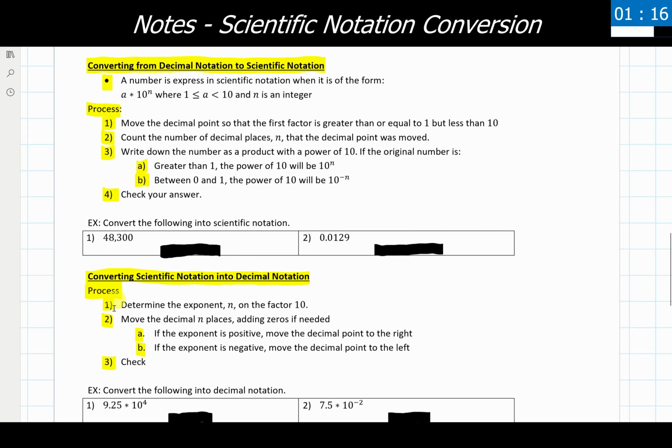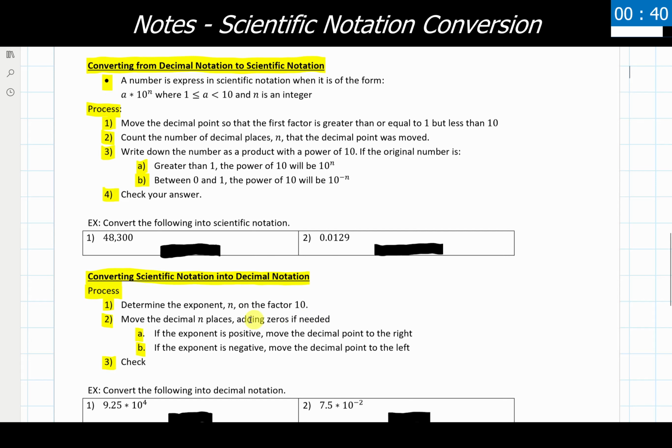I do want to go through the opposite here, and then we'll do all four of these examples in a quick row. So if I'm converting from scientific notation into decimal notation, we're basically just doing the reverse of what we did here in this process. We want to determine the exponent, n, that has 10 being raised to a power. We're then going to move that decimal point n places, and we're going to add zeros into any open slots that show up as necessary. And I'll clarify and show you what I mean by slots as we are going through this process.